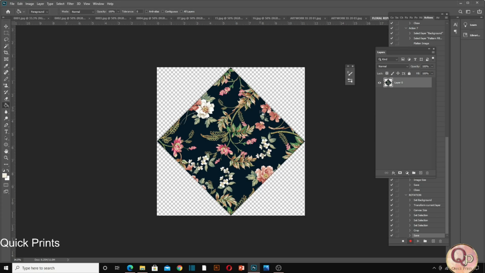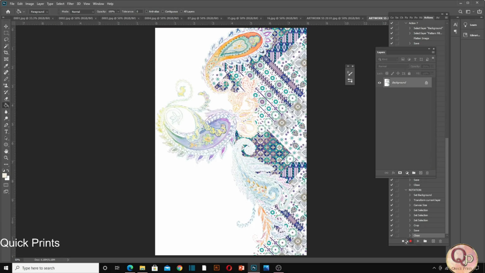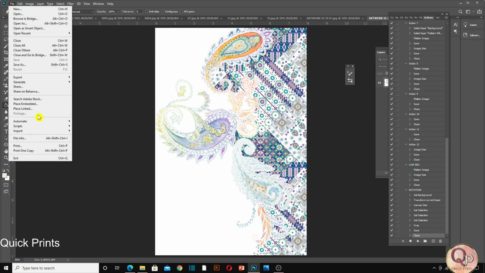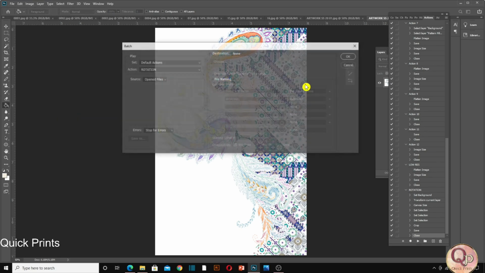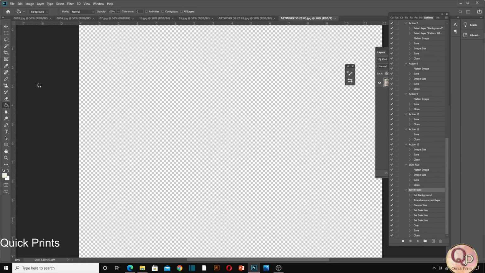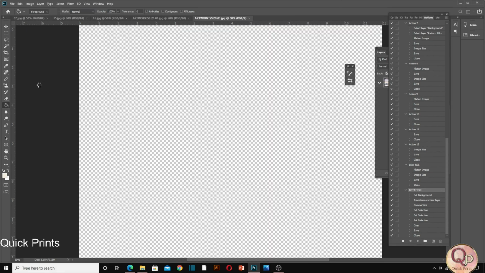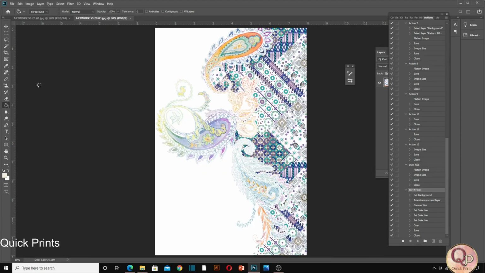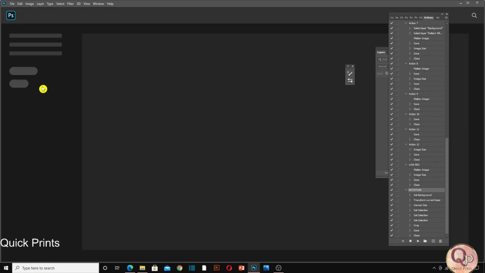We have done this. Let me close the file. Control W is the shortcut for closing the file. I'm choosing no to saving changes because I want the JPEG file as well. So now the action has been completed. We have to stop the action, right? Again the same command, and now every artwork will have a 45-degree rotation with a transparent background. So let's apply the action. Everything has been auto selected, the latest action and the open file which we discussed earlier. Now you can see how everything is going automatically. We don't need to put in our efforts, skills or time.